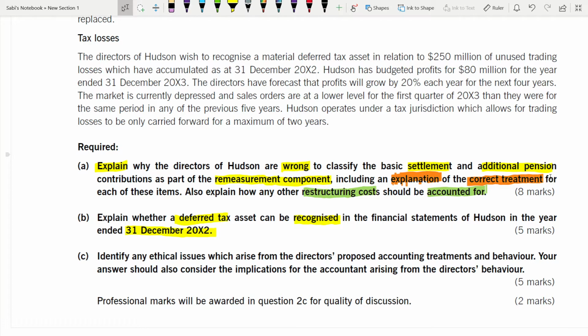So identify any ethical issues which arise from the director's proposed accounting treatments and behavior. Your answer should also consider that. See this word also. Your answer should also means in addition to what you're supposed to do, you also have to include this. So your answer should also consider the implications for the accountant arising from the director's behavior. Now